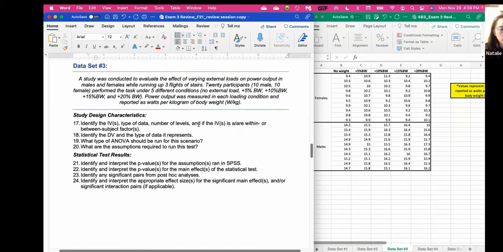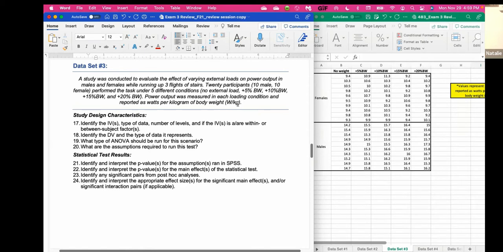For data set number 3, a study was conducted to evaluate the effect of varying external loads on power output in males and females while running up 3 flights of stairs. 20 participants, 10 male and 10 female, performed the task under 5 different conditions. So no external load, adding 5% of their body weight, adding 10%, 15, and 20% of their body weight. And then we measured power output